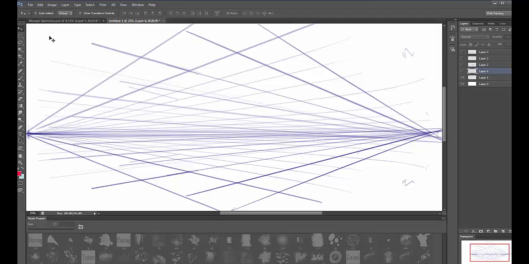The next thing that we're going to do is we're going to take our marquee tool in Photoshop, and we're going to draw over one little part of our grid here. We're going to zoom into one little area. By doing this, we know that our perspective is going to be accurate, and then we're going to zoom into this, okay? What students tend to make a problem with is they tend to draw a grid with vanishing points